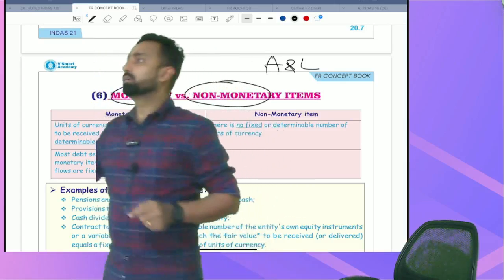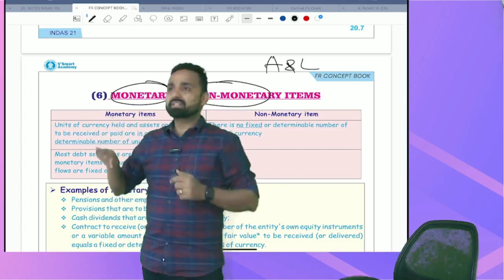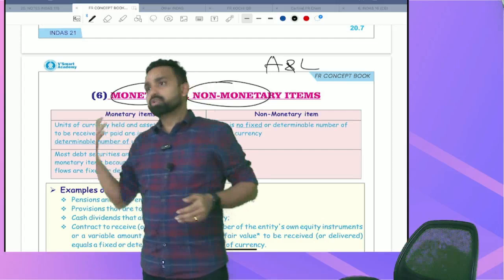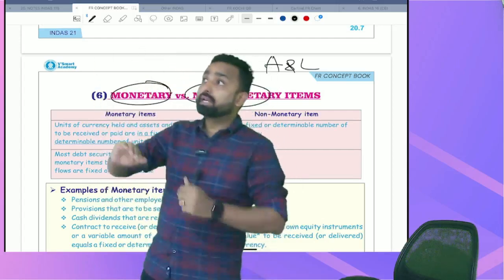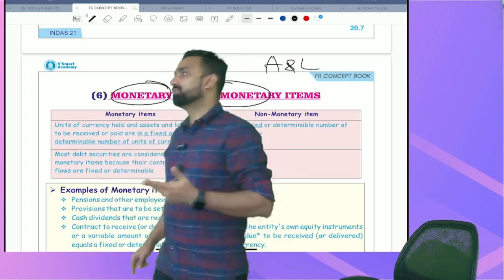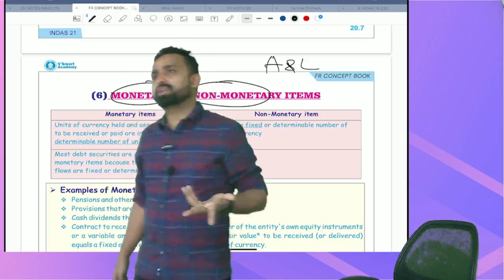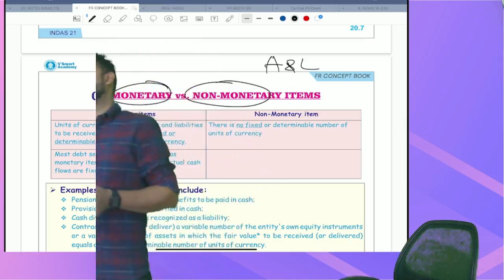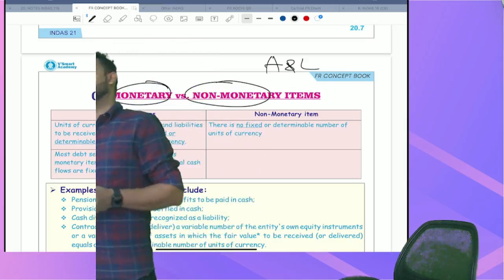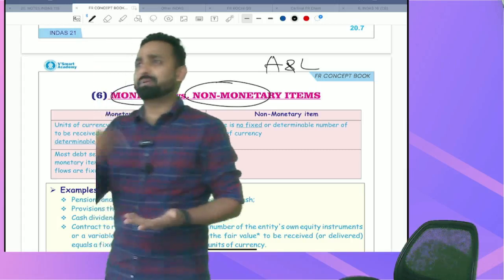So, monetary, non-monetary. What is monetary? Assets and liabilities can be monetary or non-monetary. Those assets and liabilities which have a fixed monetary value, receivable in a fixed amount, payable in a fixed amount, are monetary. What is non-monetary? Other than monetary, not fixed. Building, plant and machinery, inventory, investments. All these are non-monetary. Understood? FD: monetary, receivable in a fixed amount. Even though it is an investment, FD is receivable in a fixed amount.